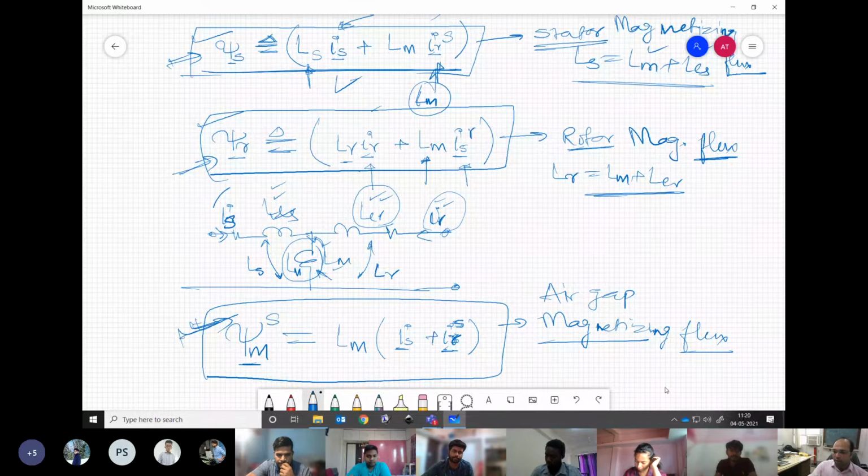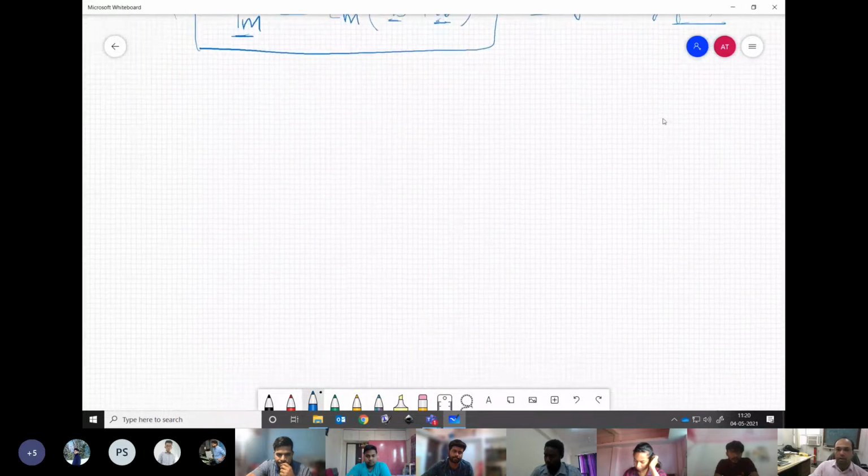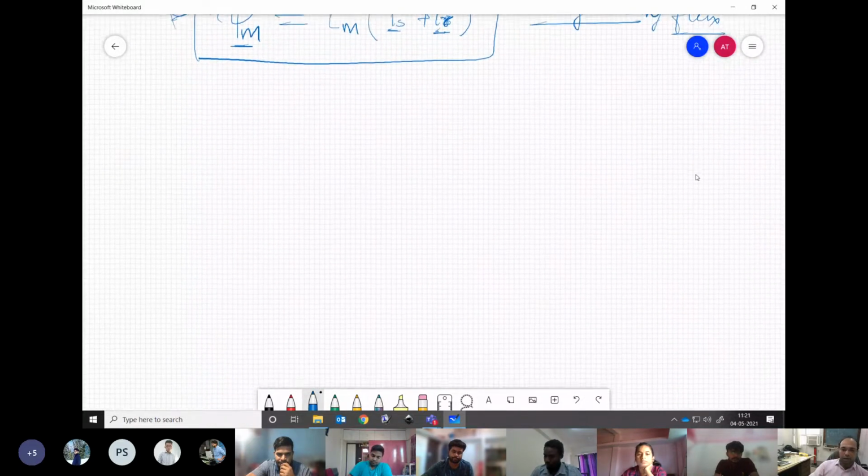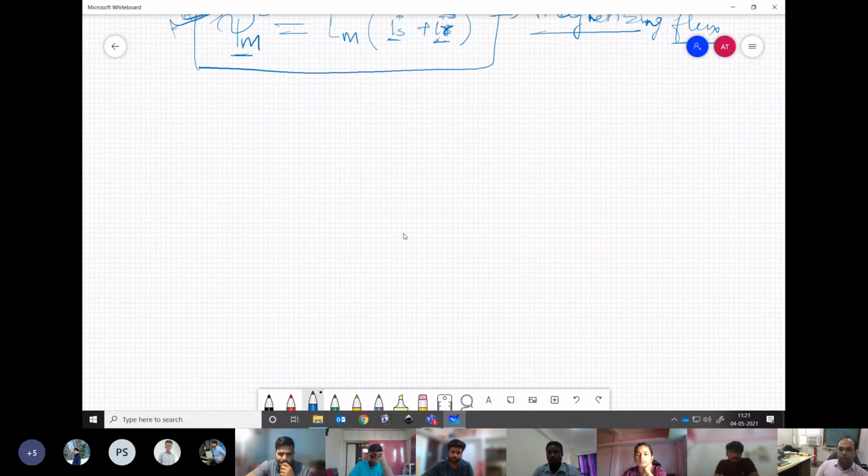Now, the thing which I mentioned in the previous class, the phasor diagram, which perhaps we draw many a time, but we don't understand what it is trying to say. So what we do, we start from the common entity, which is the psi m, the magnetizing flux, which is common to both, right? Then we have some back EMF generated on the rotor. Then we have the rotor current, and then the associated things we do.